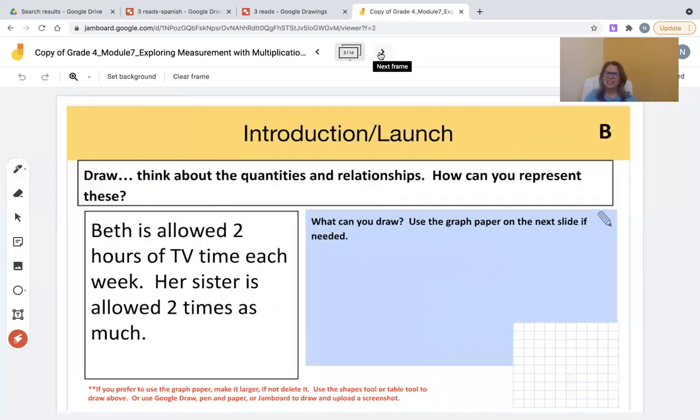Let's continue to the second section of the introduction or launch. Draw. Think about the quantities and relationships. How can you represent these? Beth is allowed 2 hours of TV time each week. Her sister is allowed 2 times as much. What can you draw? You can use this graph paper or this blue section